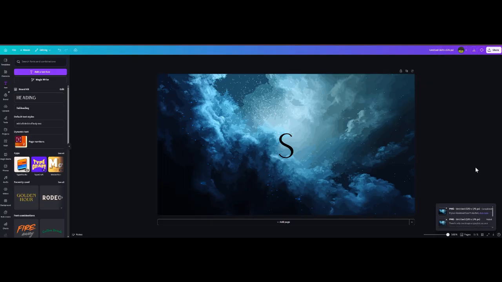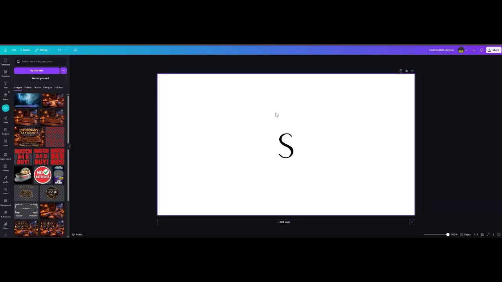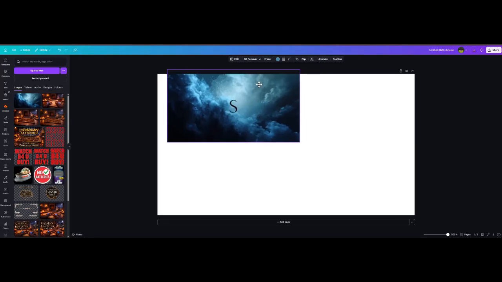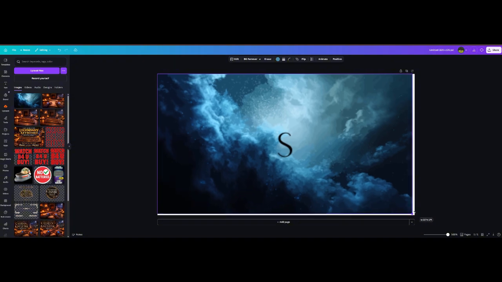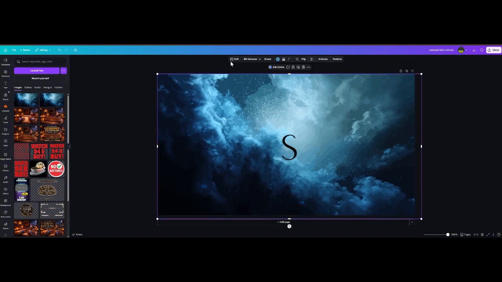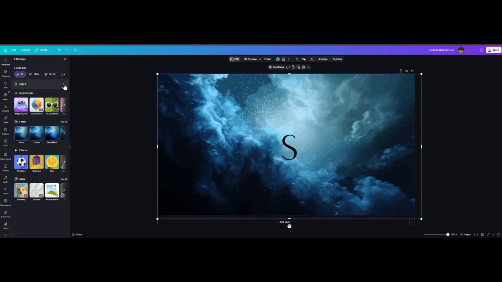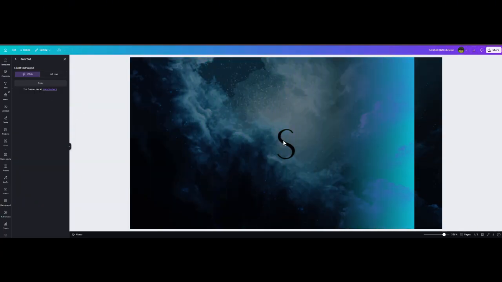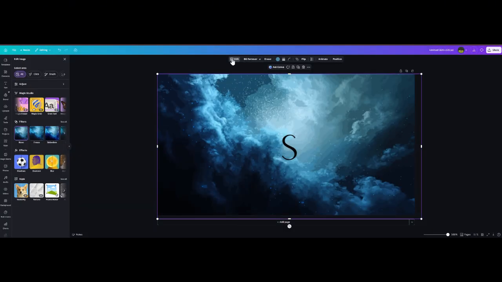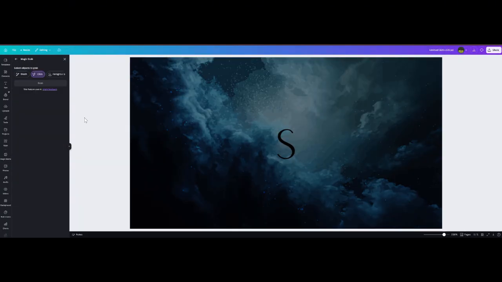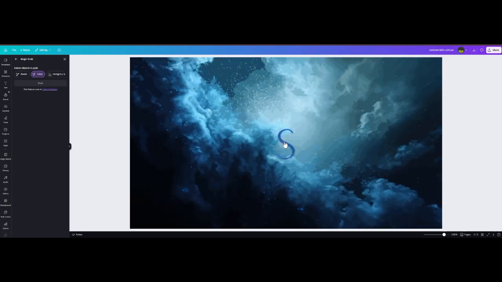Now you go and upload that file with the S on it, expand it to the 320 by 176, and the first thing I always try is go to Edit and go to Grab Text. Now it's going to say, oh no, I don't see any text. No big deal. Go back to Edit, go to Magic Grab, and now see if it grabs it. And it does. Just click on the S, hit Grab,